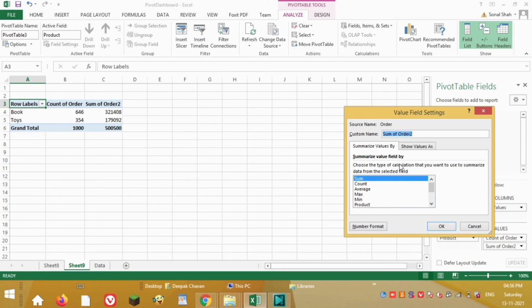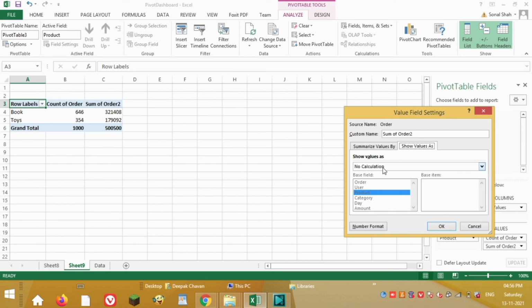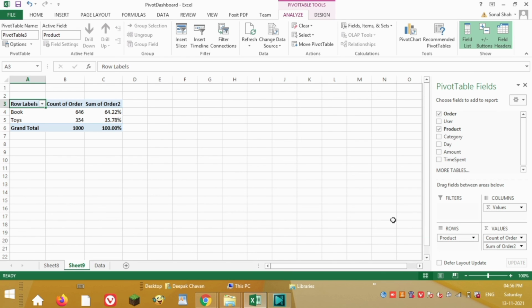I'm selecting the first column, I've selected the second column, and I'm doing the percentage. You remember the column is the same on which we are doing. First we are doing count, and second time we are doing